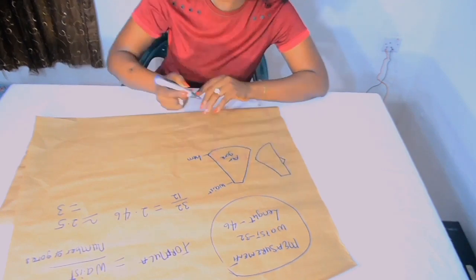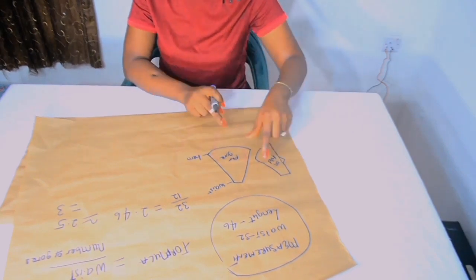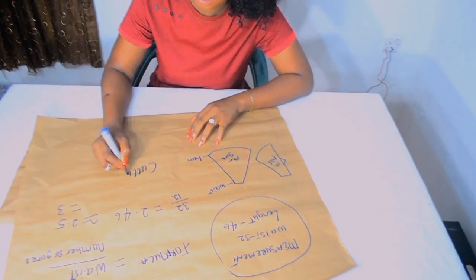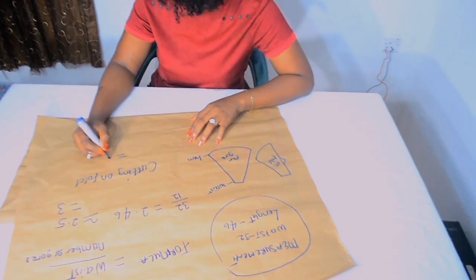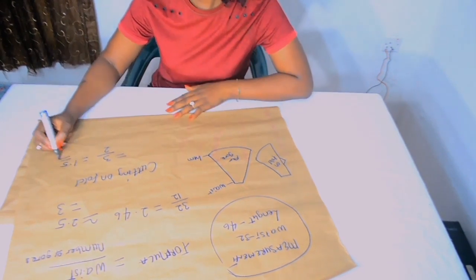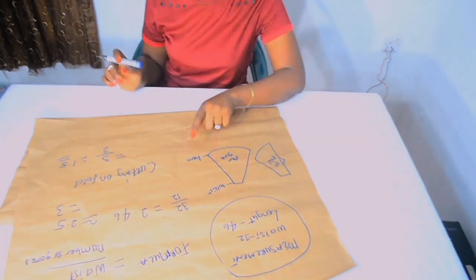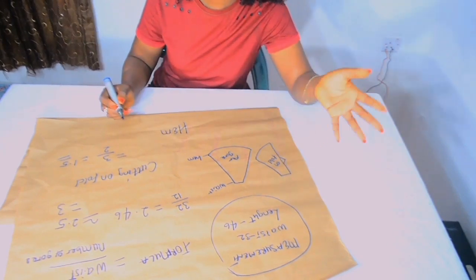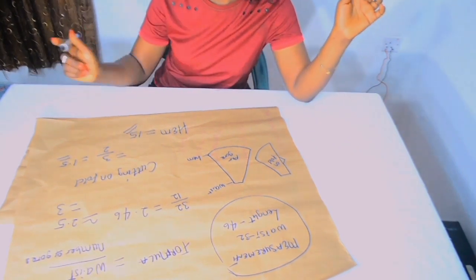This gore is going to be on fold while making my pattern, and I will need seam allowance on this side. Now cutting on fold, that will be 3 divided by 2, you will make it 1.5. For my hem, which is the bottom of my gore or bottom of each panel, I will be using 15. You can use 10, you can use 12, you can use 18 or 20,